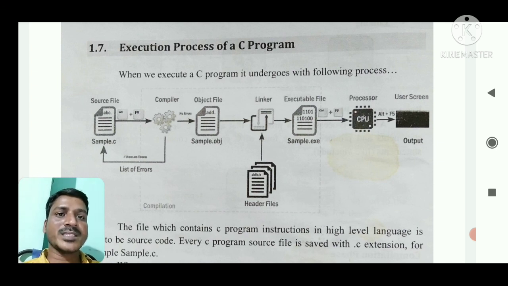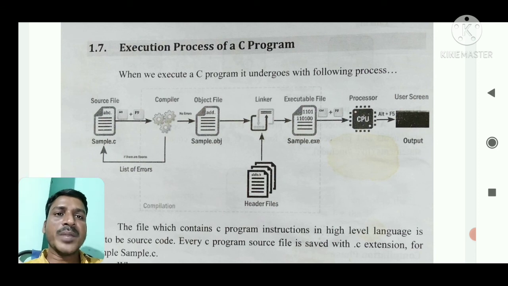The compiler checks for errors. If there are some errors, then we modify our source code and the user does the compilation process again. If there are no errors, the compilation process is successfully completed.